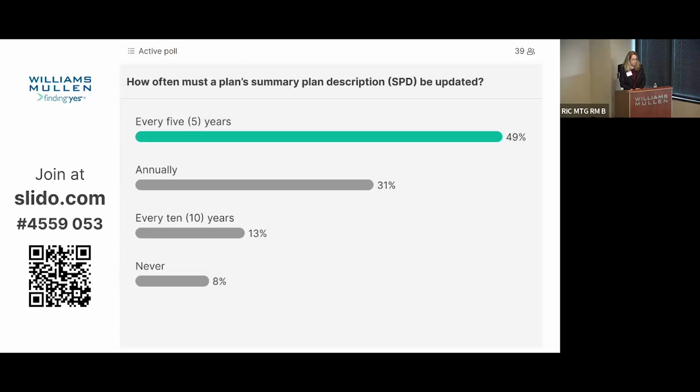Every 10 years is an outside limit on distribution of SPDs, but that's really for plans that haven't had any amendments. Kind of almost hard to imagine a plan without amendments. So 5 years would be a good default. And then, of course, there could be interim SMMs. And often we see interim distributions of SPDs when there's just either several amendments at once or other reasons that make it just valuable or easier to update the SPD.